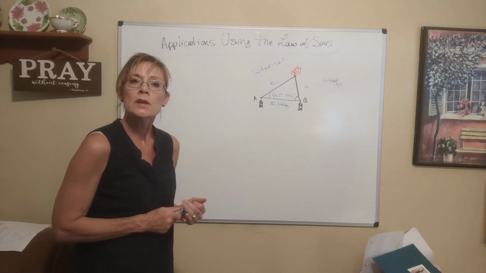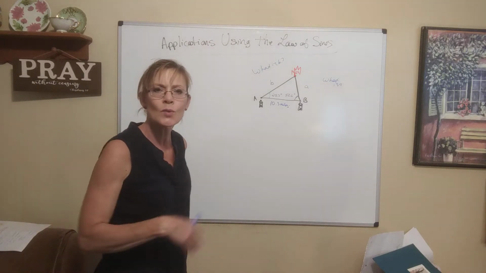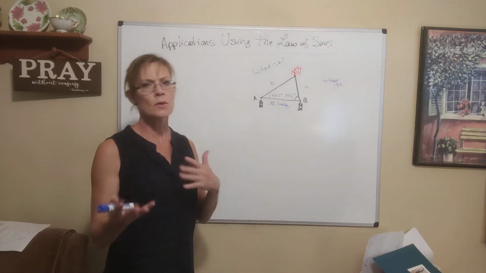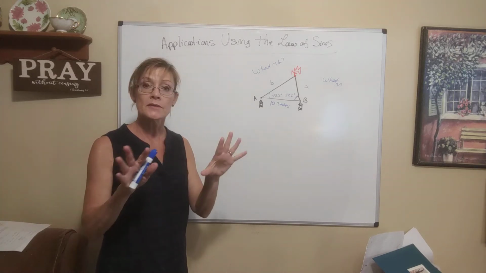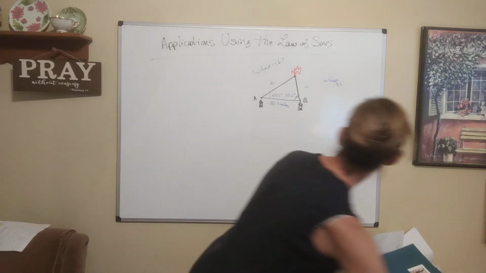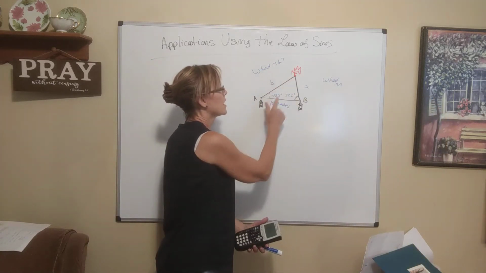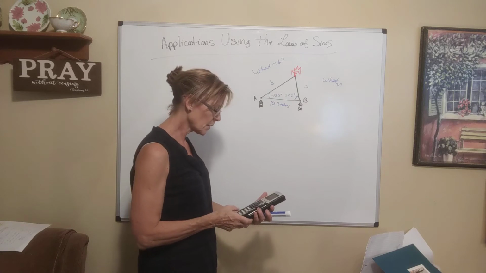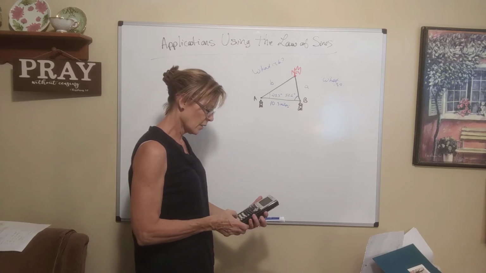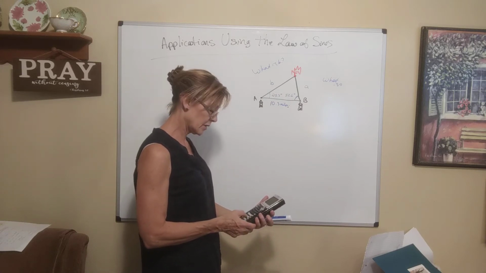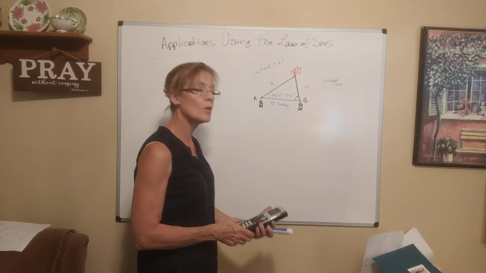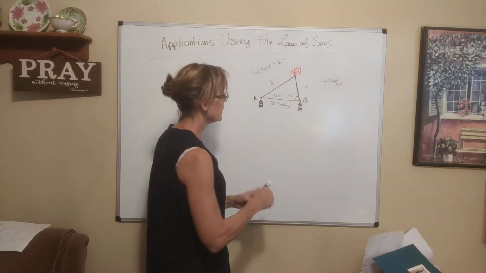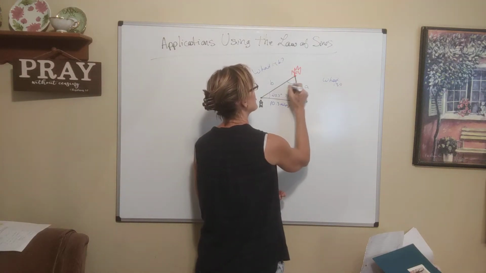The easiest thing to do is say, what did they give us? Are we using law of sines or law of cosines? Well, they gave us 2 angles. Anytime they give you 2 angles, law of sines. So let's figure out what the third angle is by subtracting these from 180. With your calculator, you're going to say 180 minus 25.3 minus 52.6, and that gives you